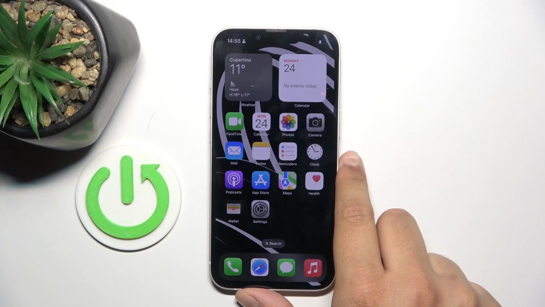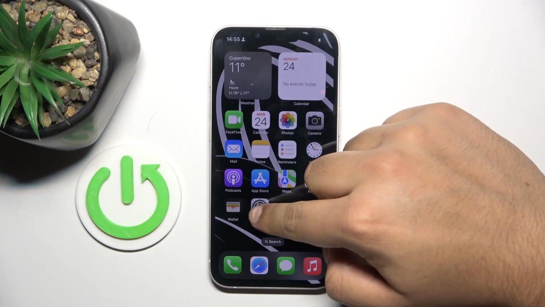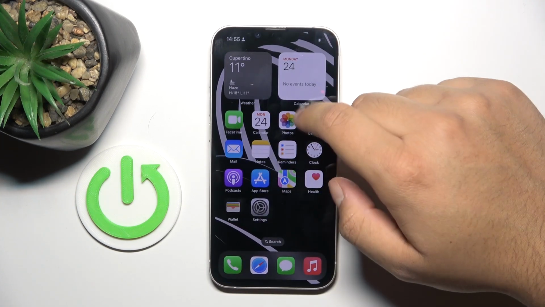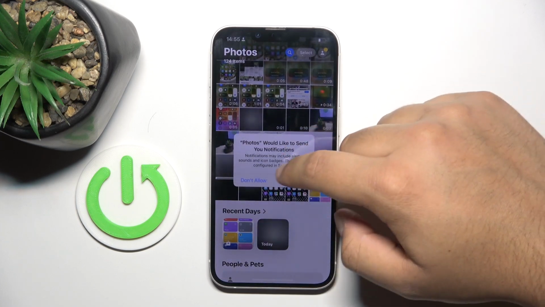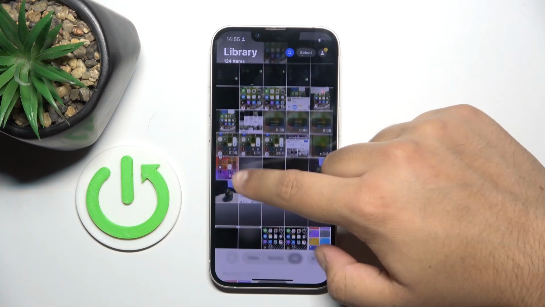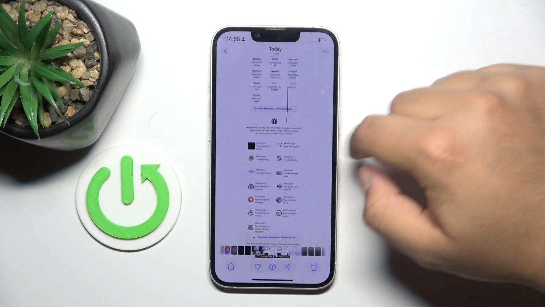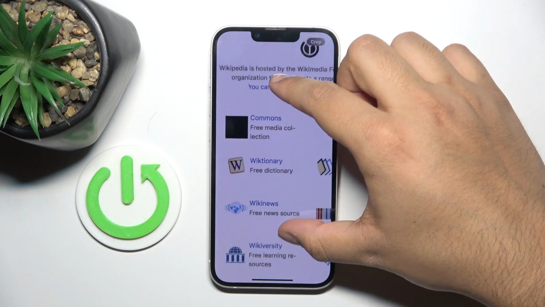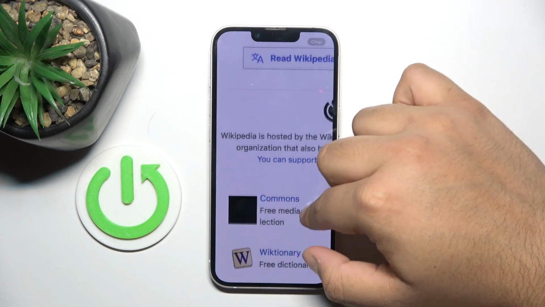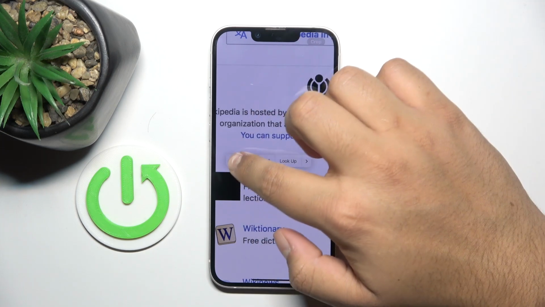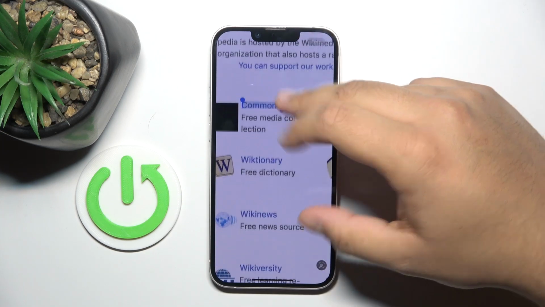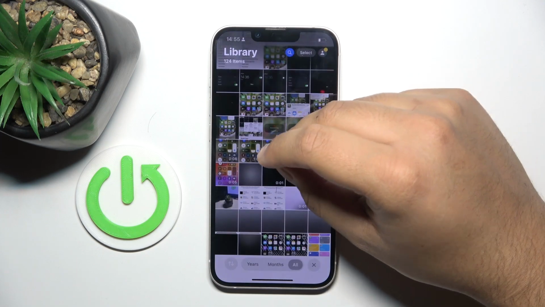So all you have to do to check if the feature works is, for example, have a photo in your photo app with some text on it, for example this one. And if we want to copy some of this text, we can just hold our finger over it. As you can see, we can select the text from the photo, and this works on every photo that is